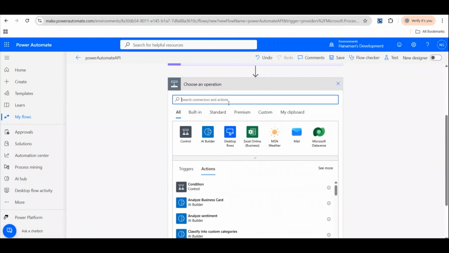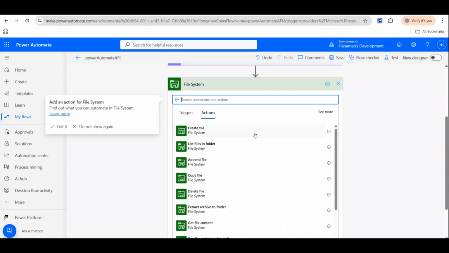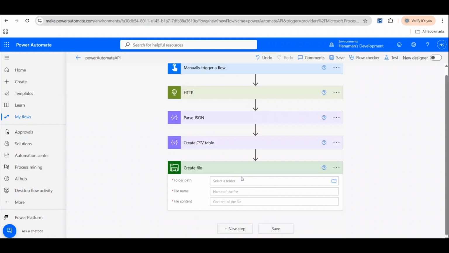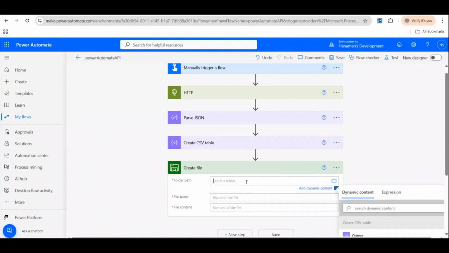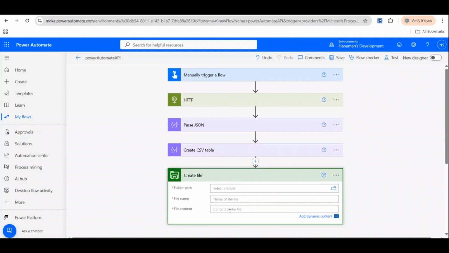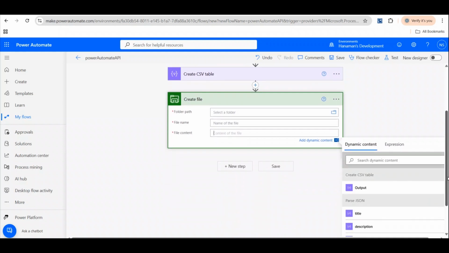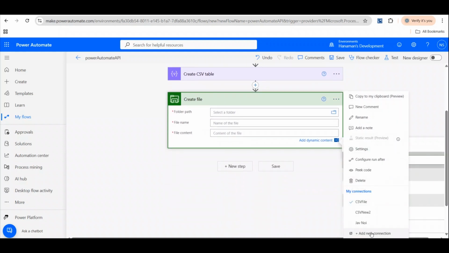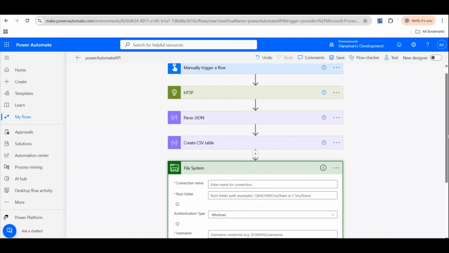Now in order to write this down in a CSV file, I'll use file system here, and I'll use create file, right? I'll use folder. So now it may be possible that you will not get this screen directly. Instead you can get this screen,